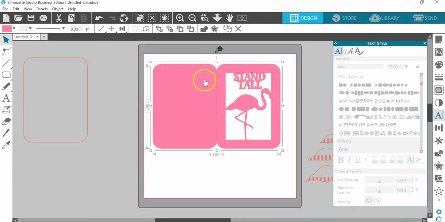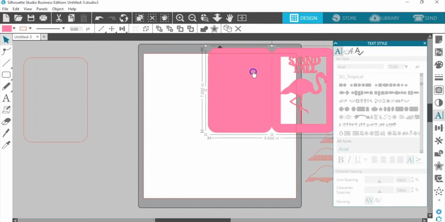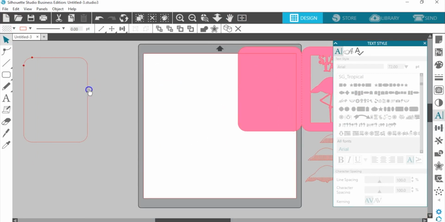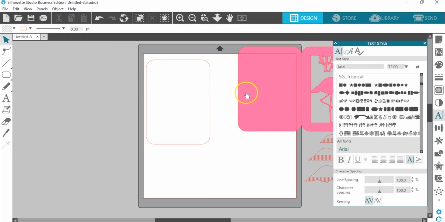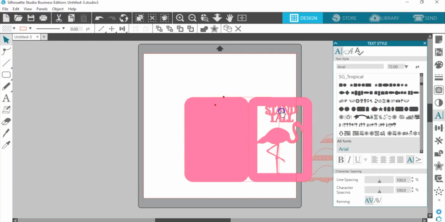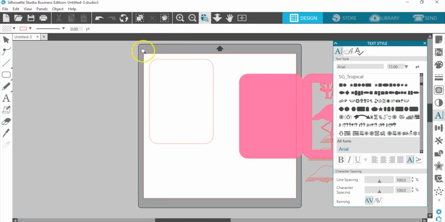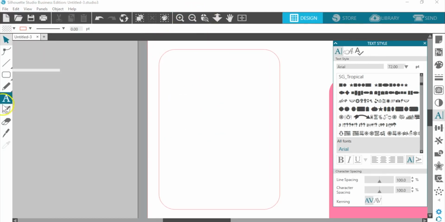Okay, and you'll remember that I made an extra rounded rectangle over here at the beginning. What I want to do with that is to cut it with a pattern paper, and it'll just sit behind this card. The only problem is it might have this left edge tuck into the corner, into the perforation, the fold line, and get in the way. So I'm going to use my knife tool to slice off just a little bit of it so it doesn't get in the way of the perforation when you fold it.